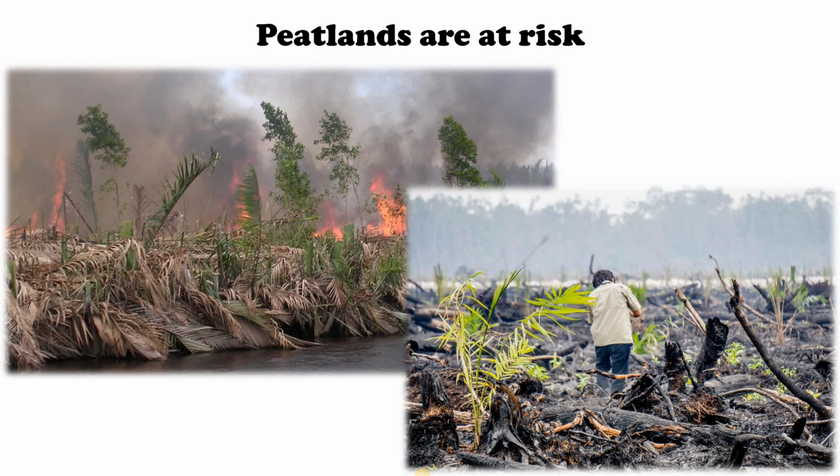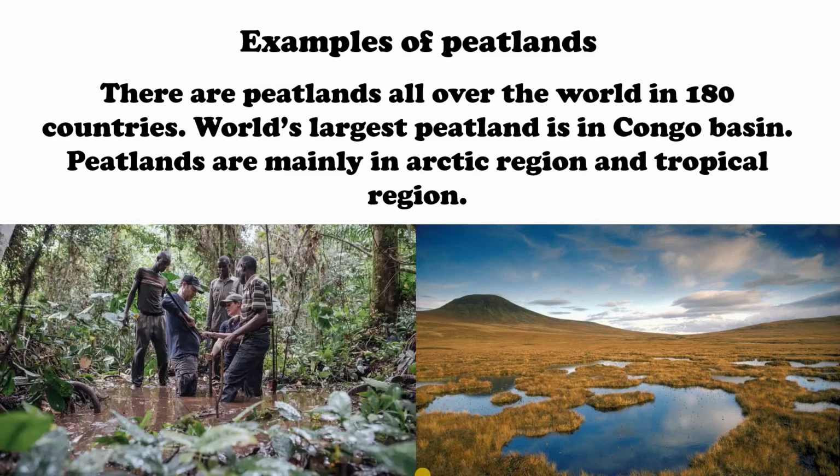Now I would like to give you some examples of peatland, which will also include the largest peatlands of the world. The peatlands are found in almost 180 countries. These peatland landscapes are varied, from temperate blanket mires with open and treeless vegetation to the warm tropical zone full of trees. The vegetation ranges from Scotland to swamp forest in Congo, Brazil, Peru and various other nations of Southeast Asia.